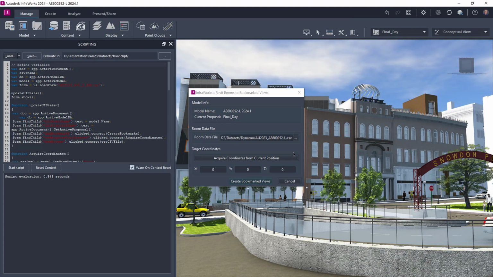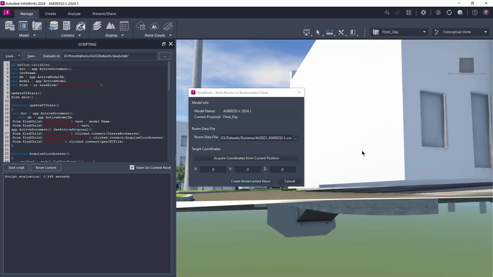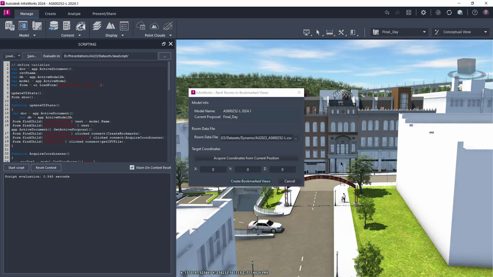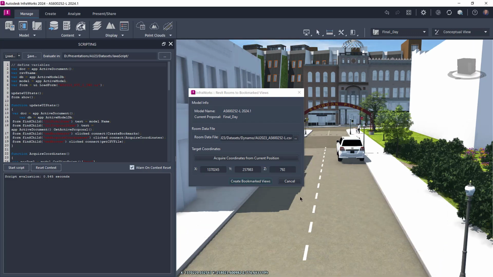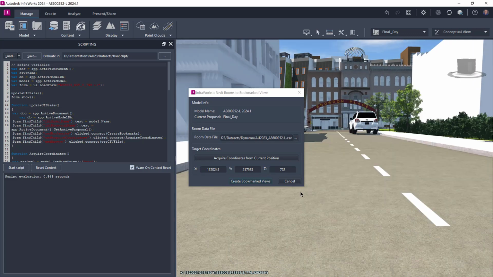So the next thing I need to do is acquire the coordinates from the current position, and this is wherever I happen to be looking currently within the InfraWorks model. So what I want to do is grab a view down this roadway here, for example, and when I click the acquire coordinates from current position button, you can see it then sets the coordinates here, the X, Y, and the Z value, and I can modify this. I can tweak it if I want to get a little bit lower. Click that button again,